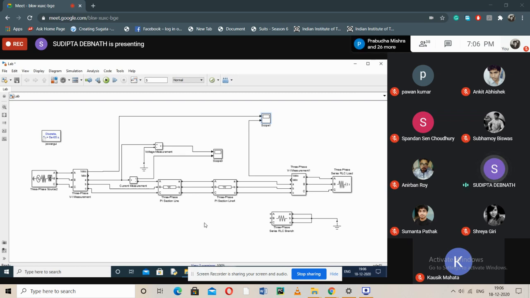Now how to simulate surge impedance loading condition? Now you have to calculate. You know, the surge impedance or the characteristic impedance, we have denoted as Z0. That value was root over L by C. Note down: the surge impedance of a line is root over L by C. Do you remember this?